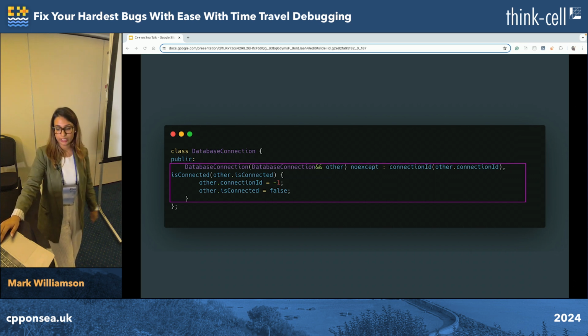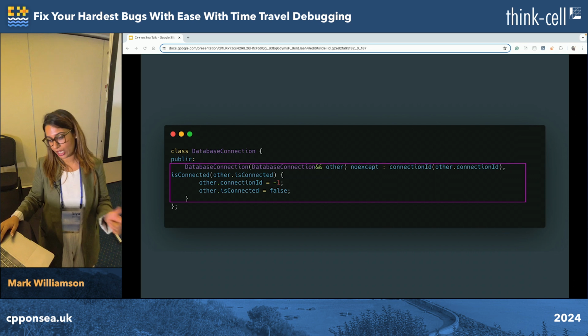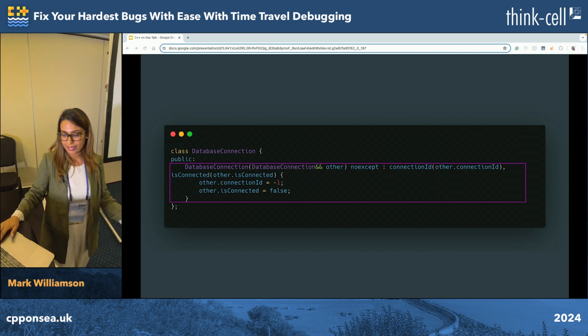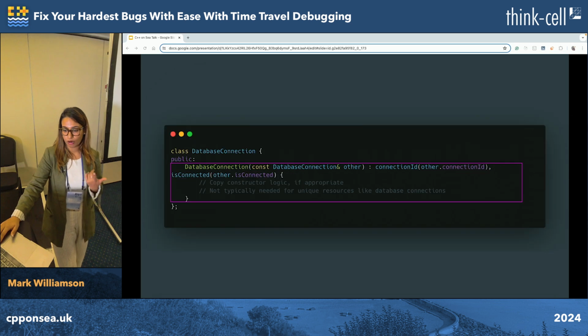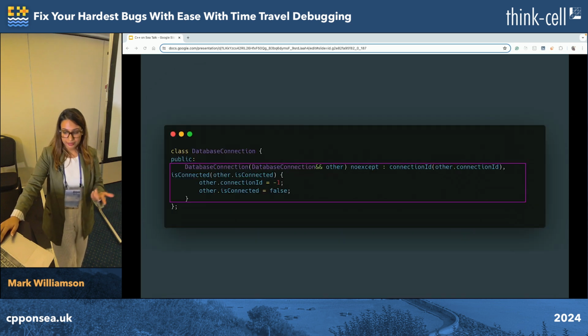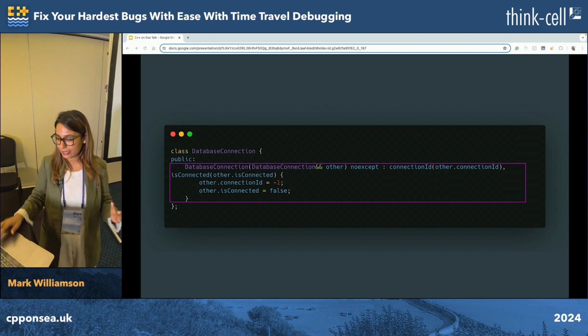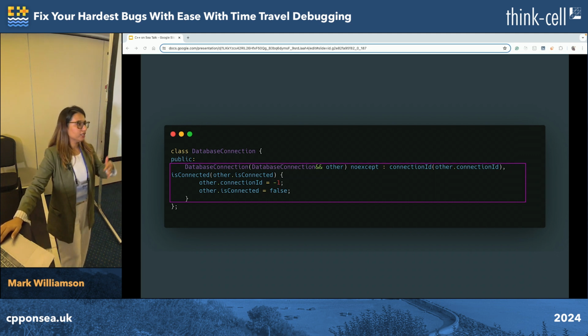Now, this is very important. Why? Because first, database connections represent unique resources, which I said should not ideally be duplicated, unlike we did in the previous example of the copy constructor. Another thing is that transferring ownership of a connection handle is basically more efficient than actually copying it.